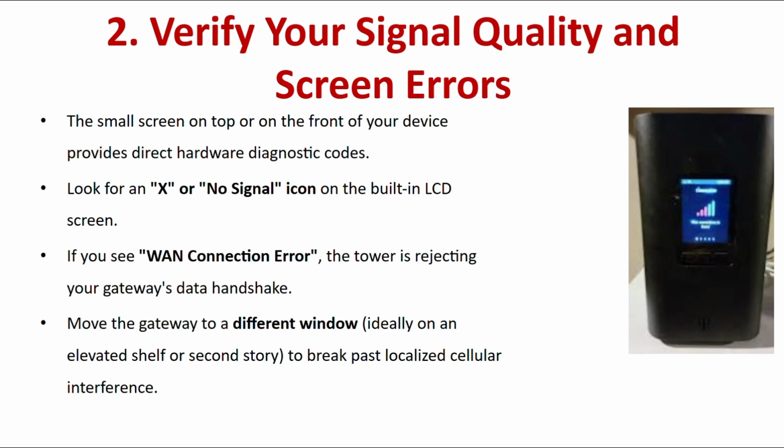Second, verify your signal quality and screen errors. The small screen on top or on the front of your device provides direct hardware diagnostic codes. Look for an X or no signal icon on the built-in LCD screen. If you see WAN connection error, the tower is rejecting your gateway's data handshake. Move the gateway to a different window, ideally on an elevated shelf or second story, to break past localized cellular